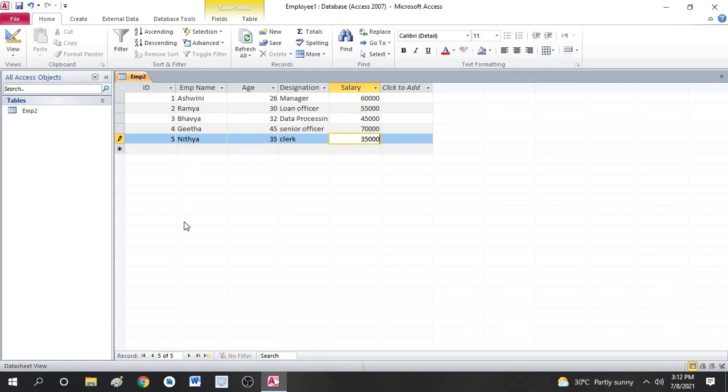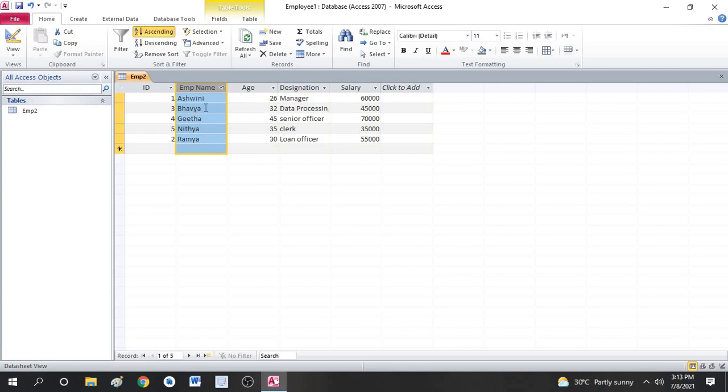Next thing, we need to sort these records by the names. They have asked the question like, sort the records in ascending order of names. So I have to select the name column and go to Home. Here you can see the filter. You have the option of ascending order and descending order, and you can select various different fields. Now I have selected the field. Now I have to click on ascending. You can see my name column is sorted in ascending order.